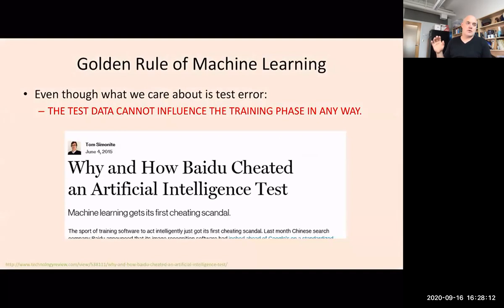And this has shown up in various guises in the real world. This is one of these tan slides. You don't have to know this necessarily. The golden rule of machine learning: even though what we care about is test error, you cannot influence your training phase in any way. So, what if you happen to be a large, major international machine learning company? Maybe you heard about this. It happened in 2015, so it's kind of interesting, right? And you